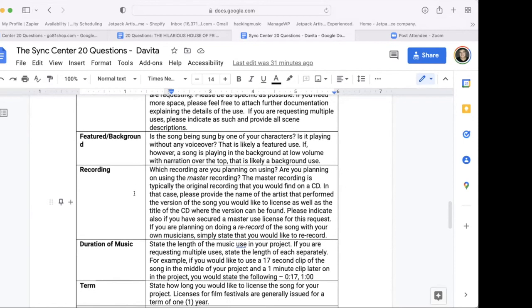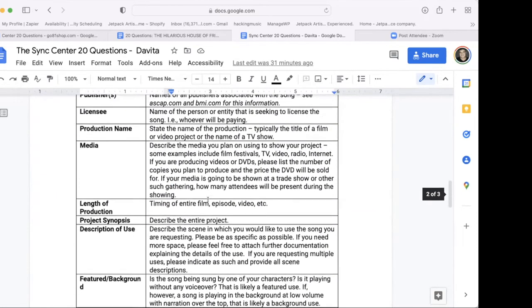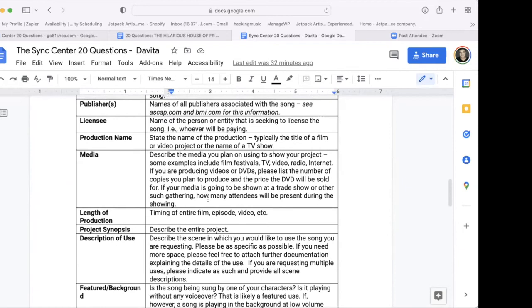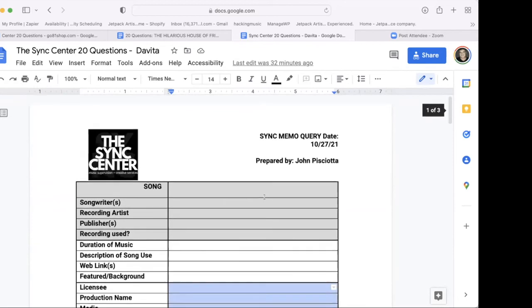They don't know featured or background or territory or chain, that kind of stuff. So it really just helps people get bulletproof and get on the same page. Right. Cool. So yeah, this is the 20 questions document. And if people would like a copy of it, we can put a link. Yeah, I think that'd be cool. I think a lot of people are gonna find this document really interesting, something to implement in their sync journeys and with their music and in their projects.